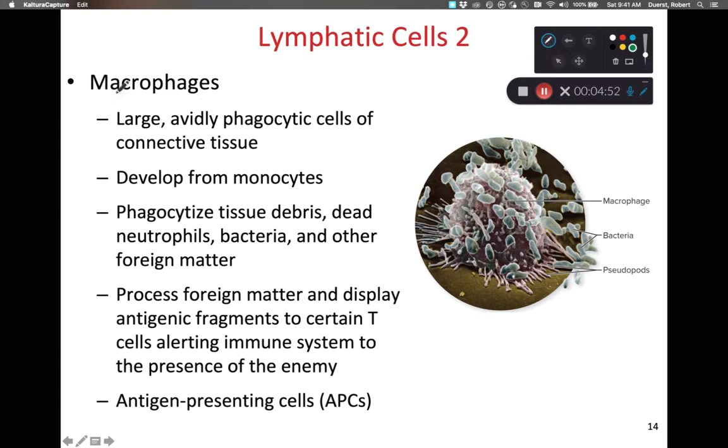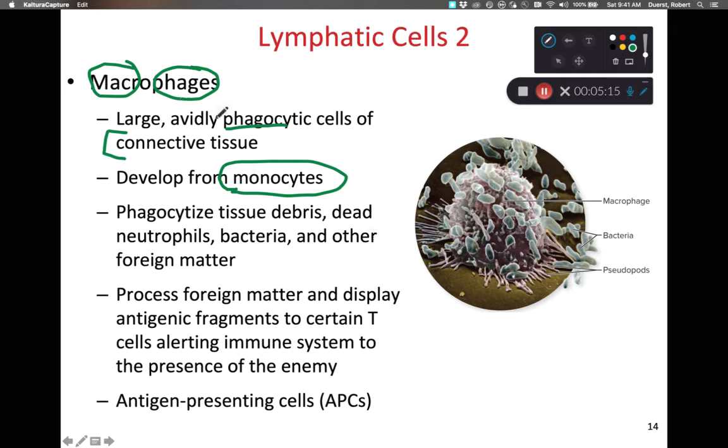As we look at macrophages, macro means big, phage means to eat. These are one of the largest cell types of our lymphatic immune system. These are very phagocytotically active cells, and they're going to move rapidly through the connective tissues of our bodies. Macrophages develop from the monocyte, which is the largest of the 5 kinds of leukocytes we talked about in the